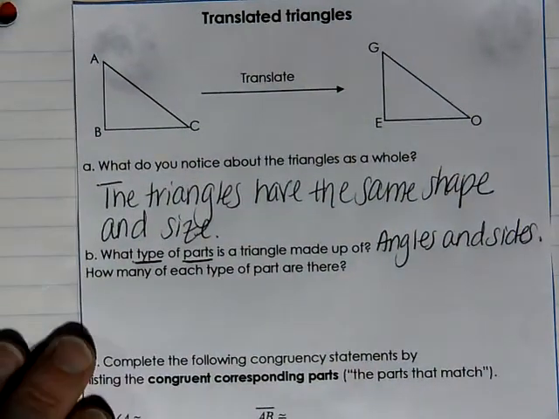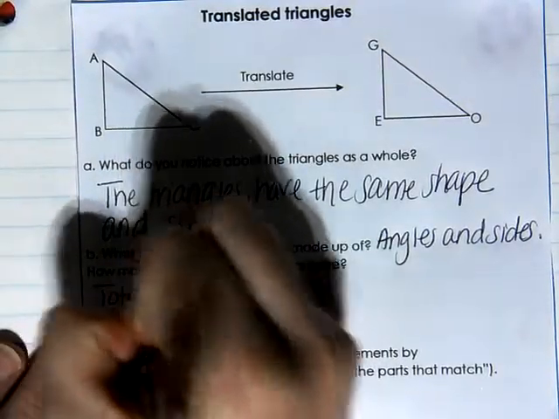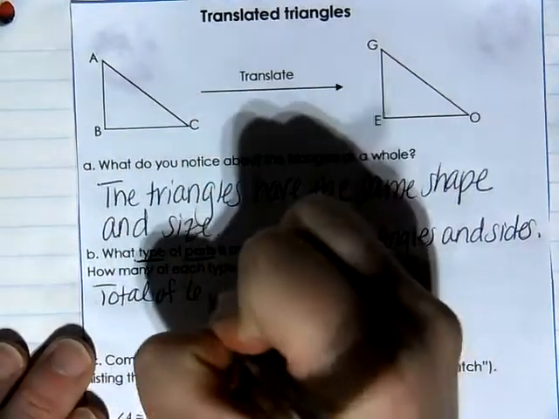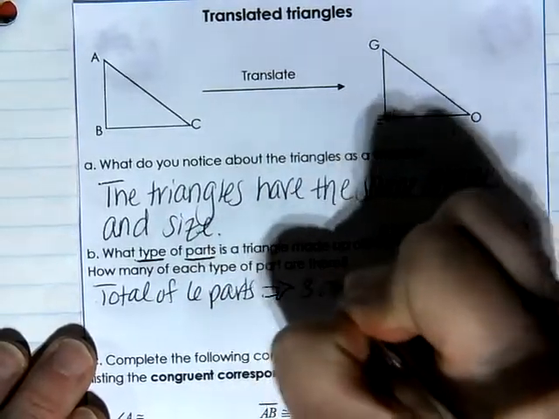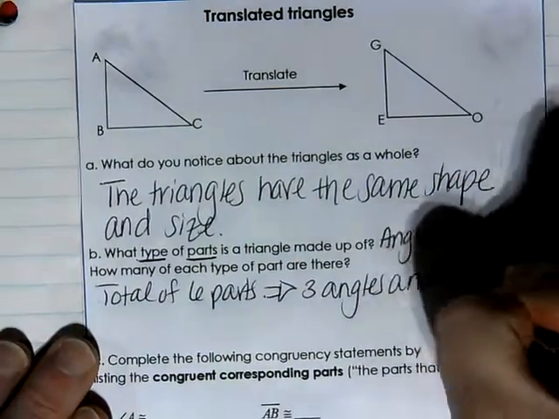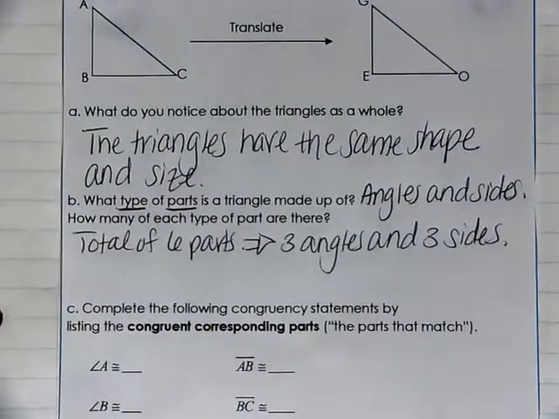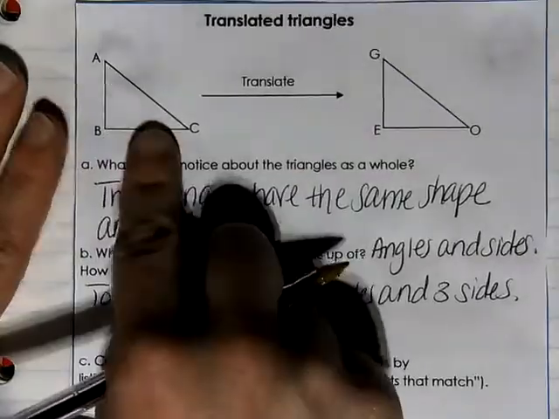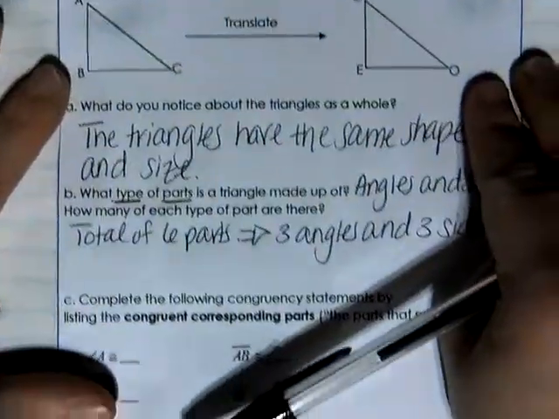And how many of each type are there? Well, there are a total of 6 parts. There are 3 angles and 3 sides. And it sounds very basic, but in terms of parts, a triangle has 6 total parts. So what we want to do now is, because we know that this triangle has been translated or shifted over,